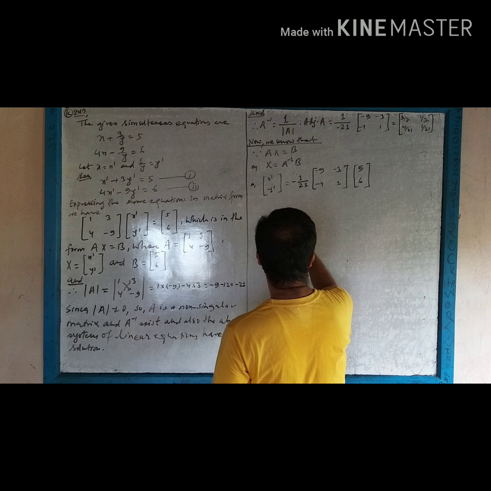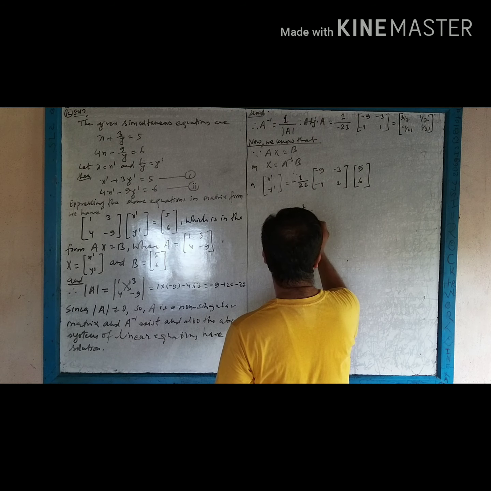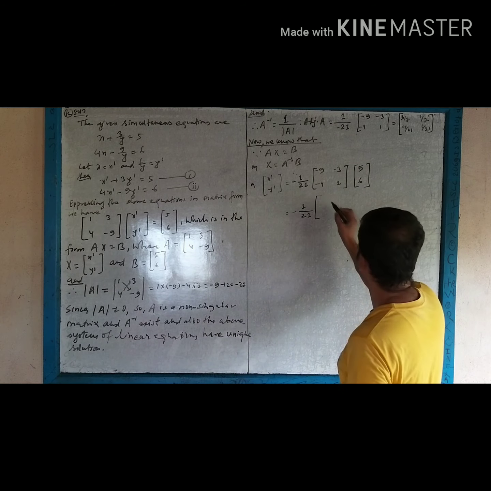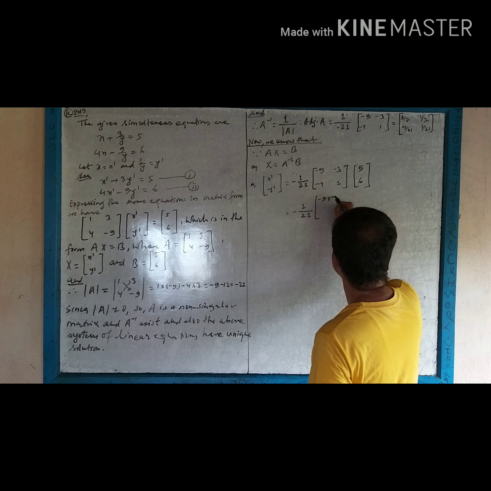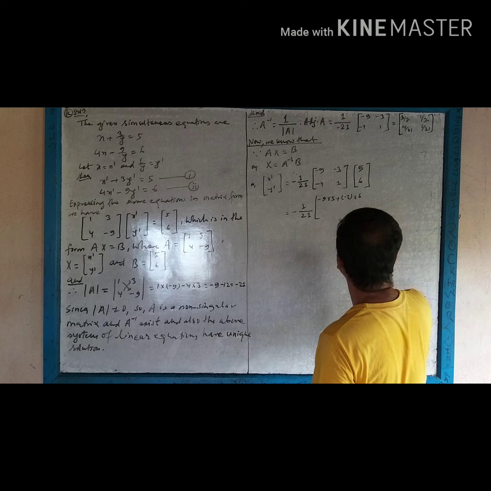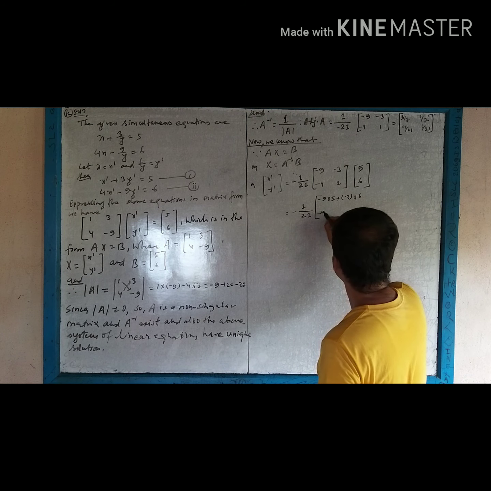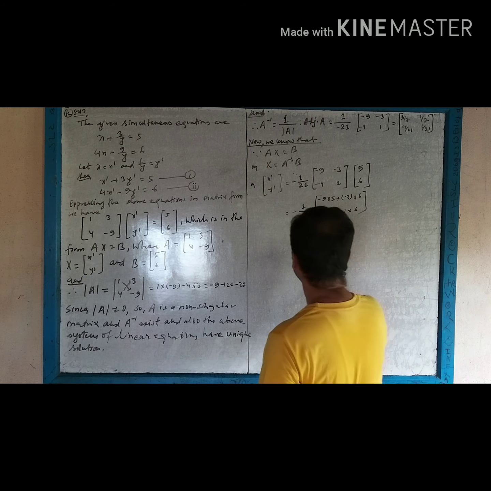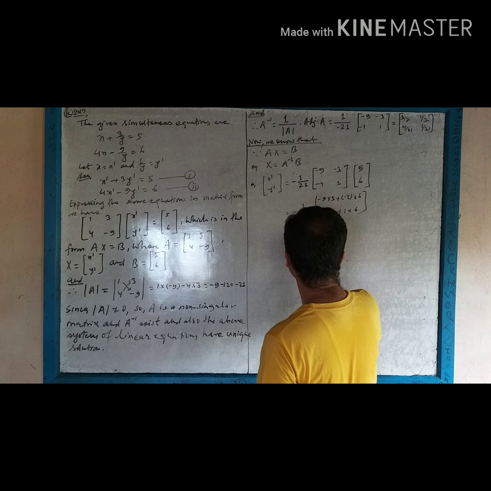So how much? 1 by 21. Let's multiply. Minus 9 into 5 plus minus 3 into 6, minus 4 into 5 plus 1 into 6, is equal to minus 1 by